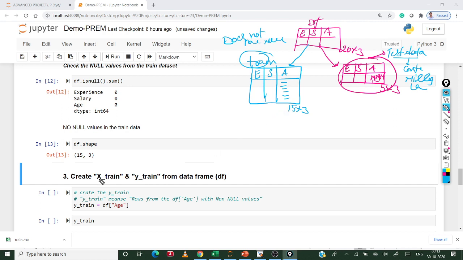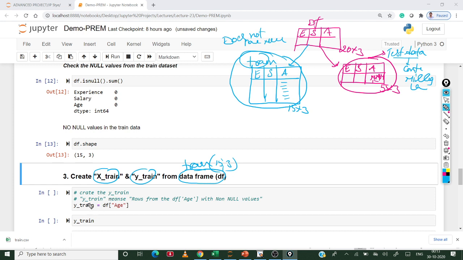Step 3, create the X train and Y train from the train data. From the train data, meaning 15,3, we have to create the X train and Y train. First create the Y train.